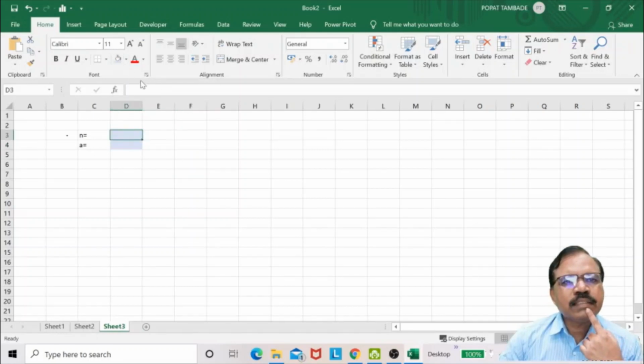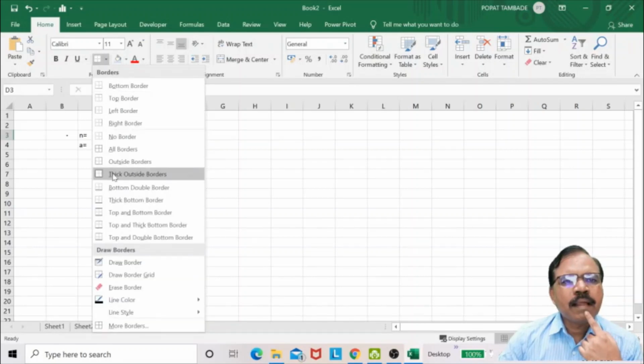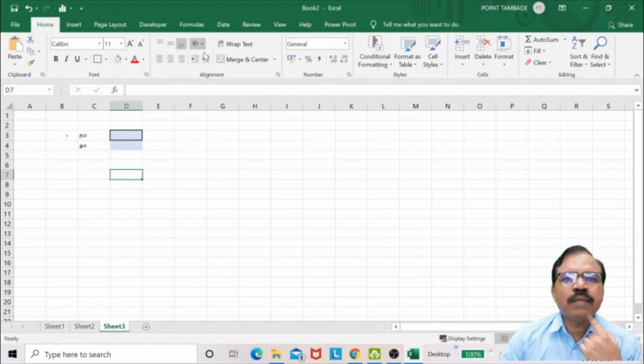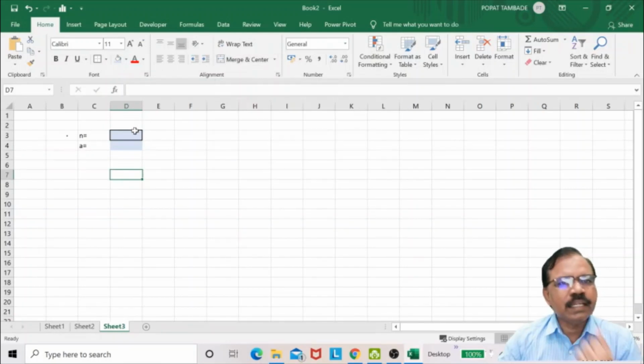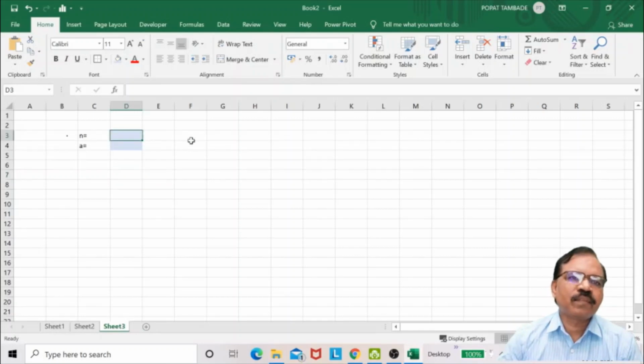Now let us take this cell, and in Excel there is one facility that is called the name facility. So you can name this cell. Actually this cell is D3. It is D3. So if you go here, this is the name box. Now here in this name box I can rename this D3 cell. So just go there and click there.